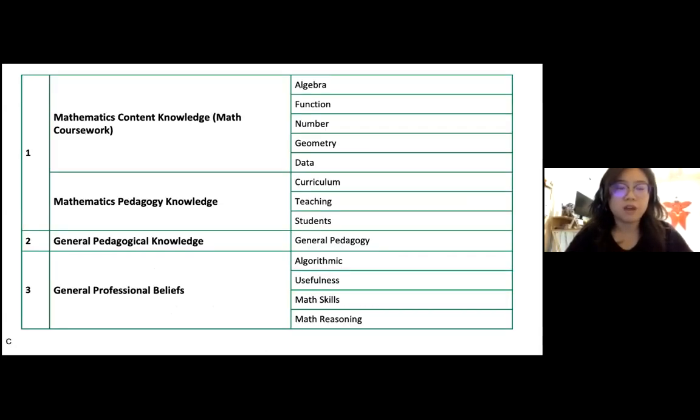So we have built 5 different dashboards. I just want to give you a quick overview of the information that we're presenting here first. Within the first dashboard, we're looking at 2 major domains, which are the math content knowledge and also the pedagogy knowledge. You don't have to memorize all these. You will actually see these variables in the Tableau presentation later on. But I just want to get you oriented before you look at the visualization and see how things are related. So again, these are the measures such as algebra, function, number, geometry, data. These are the measures that fall within the math content knowledge domain, which is again part of the first dashboard that we're going to be looking at.